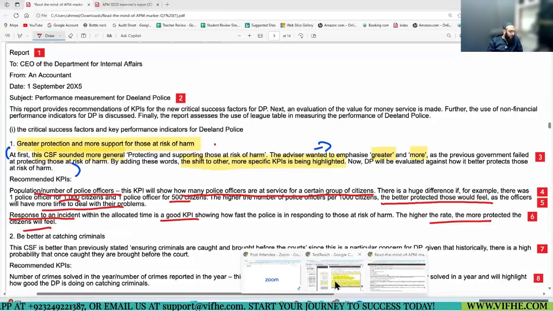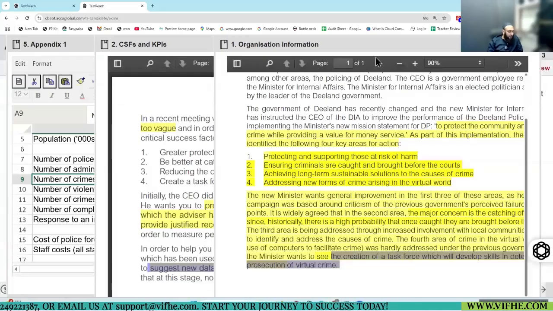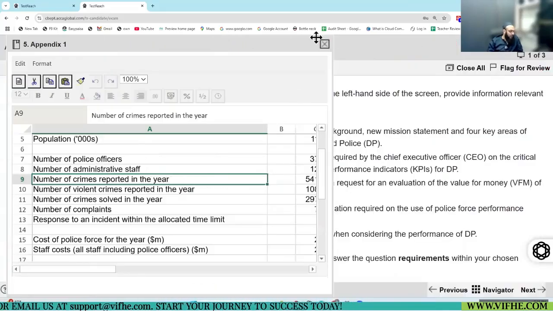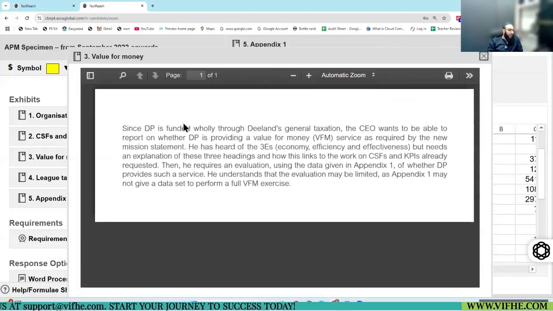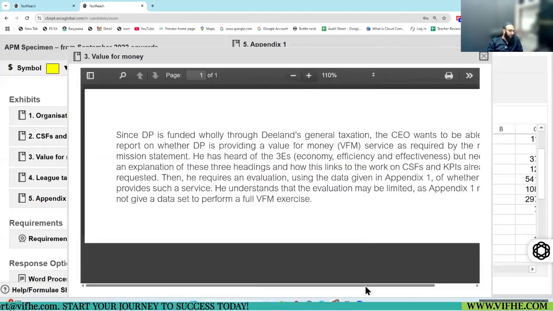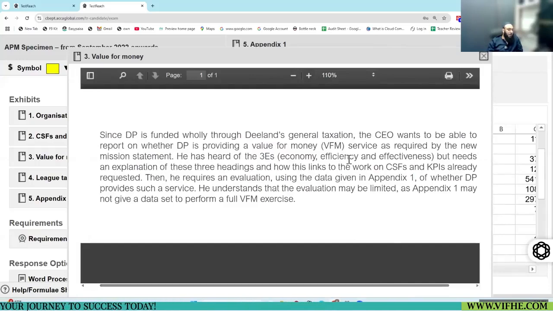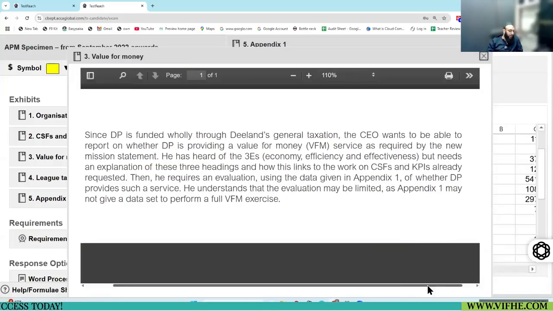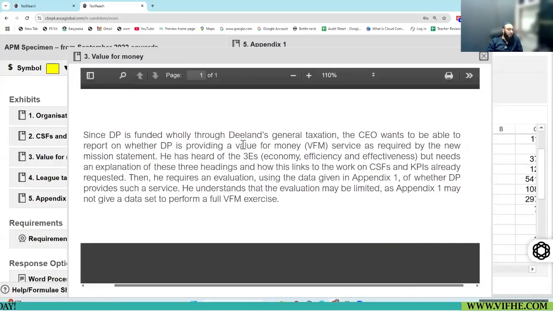I'll jump towards the next part. Since D-Land Police is funded wholly through D-Land General Taxation, the CEO wants to be able to report on whether the company is providing value for money as required by the new mission statement.